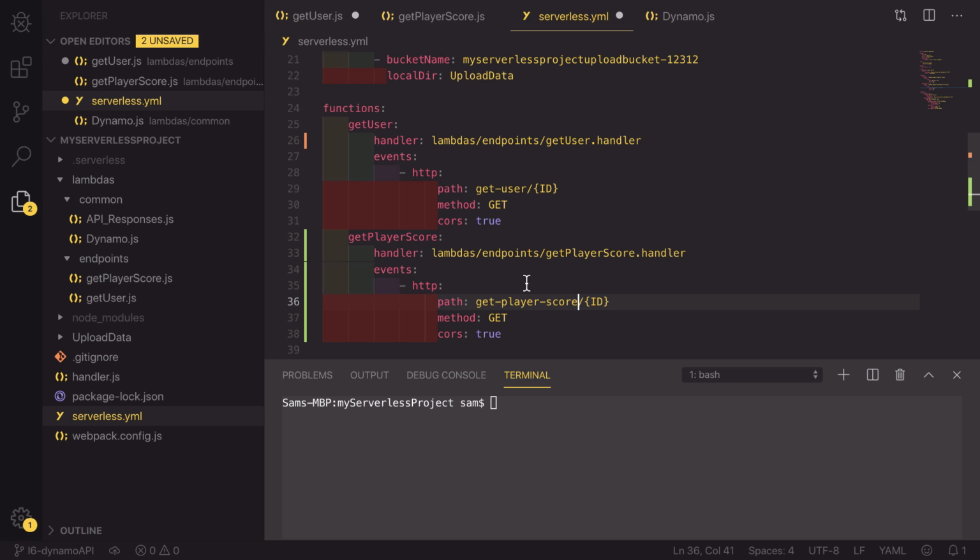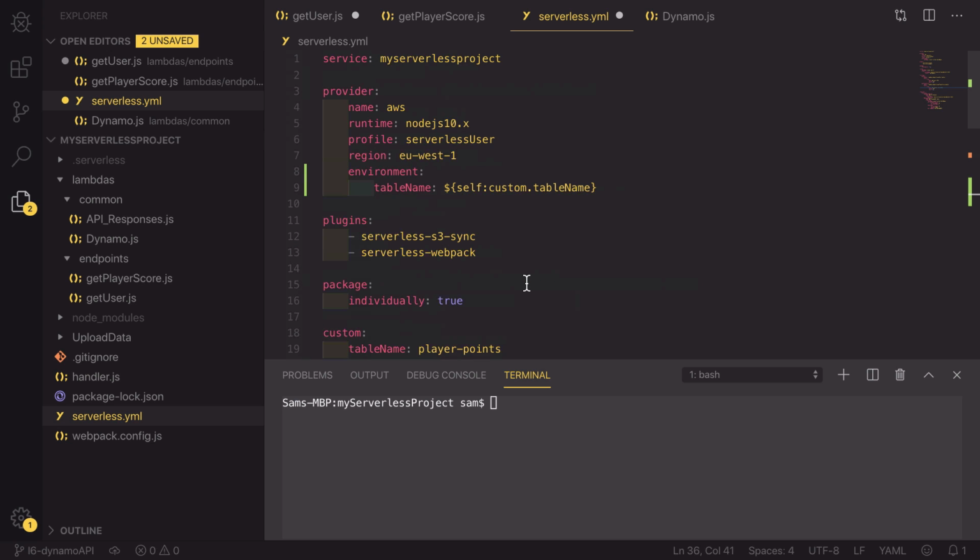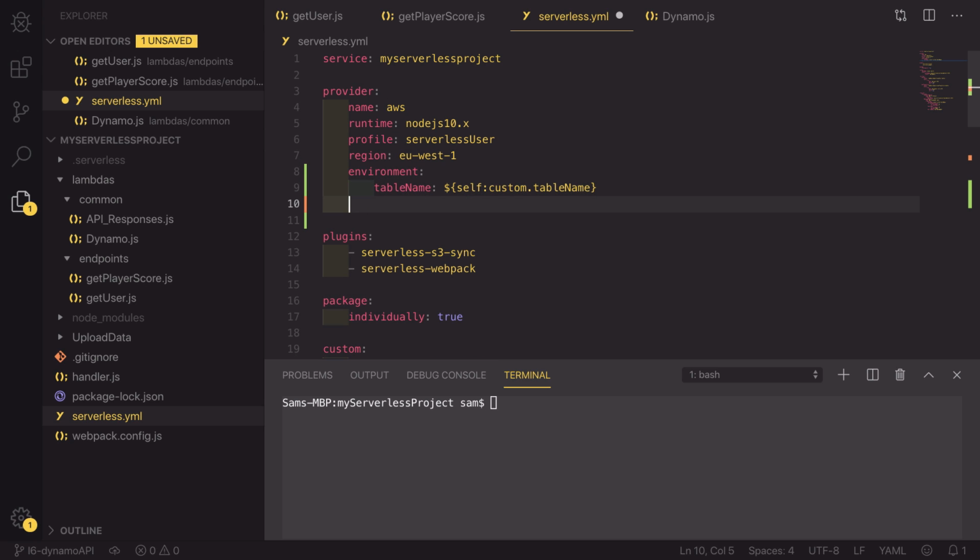If we tried to deploy this as it is, then we'd be hit with errors saying that we haven't got permission to access Dynamo. So what we can do is add a set of IAM role statements to this provider so that every single Lambda that we build has the permissions to access Dynamo. It sounds complicated, but this is how we can do it. So it's IAM role statements,